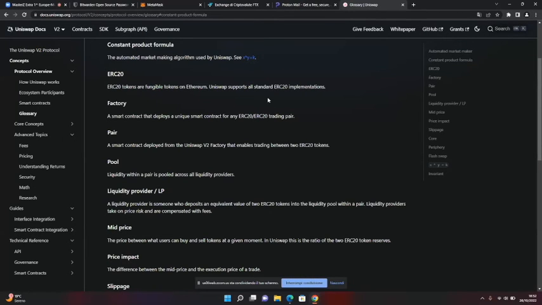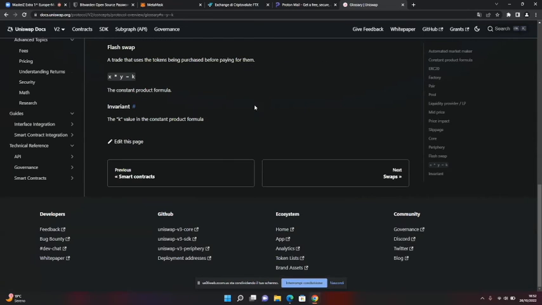Well, what I did is just go to this website, which is the official website of Uniswap, where they explain everything about the exchange. One of the questions in the glossary says, how is the price calculated? And they have this formula here. So X is the amount of the first token we put in, Y is the amount of the second, and the product has to be constant. So every time one of these two things goes up or down, the other one has to go up or down in the same way. So we have a constant here.